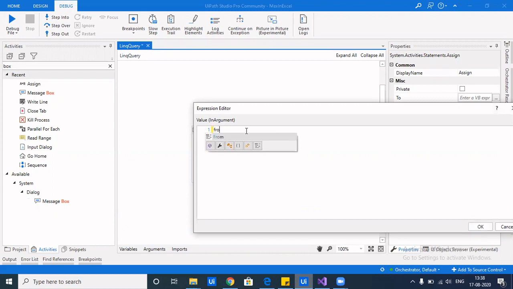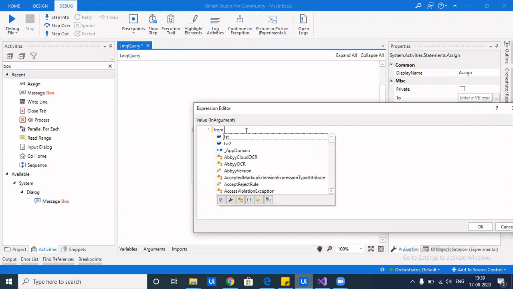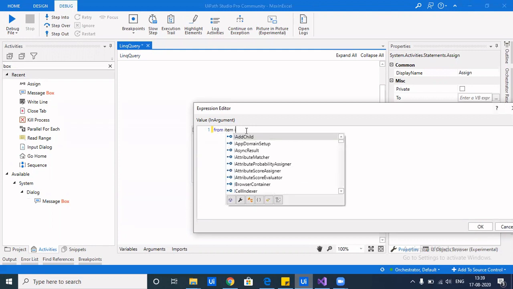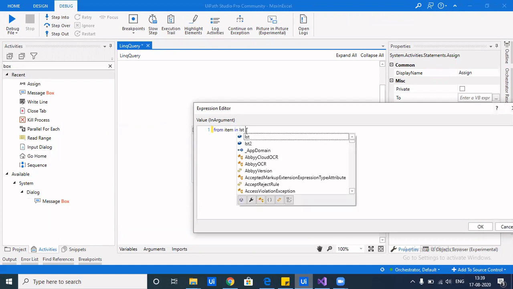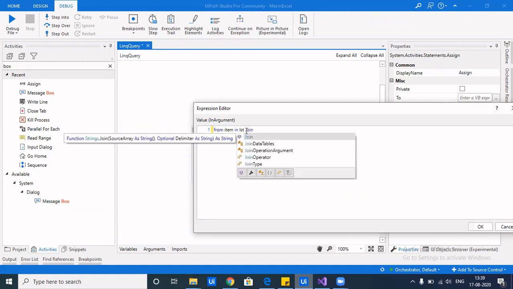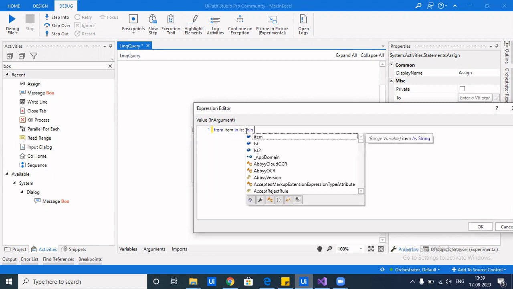So we'll start with from. Now as we see, the activity has for each item in, so like that we're going to take item in the first list, which is LST, and we'll write join, and we will join it with the other list.